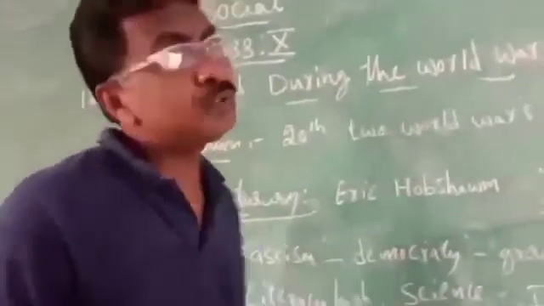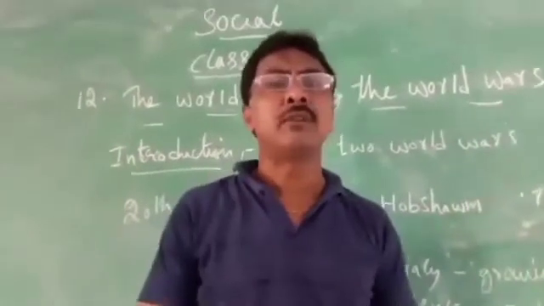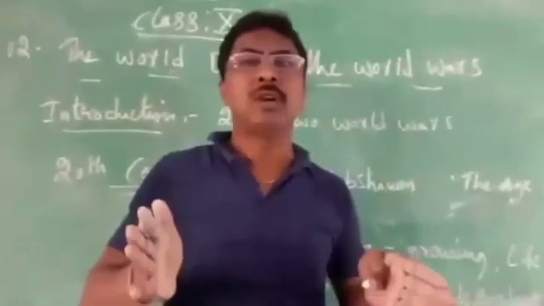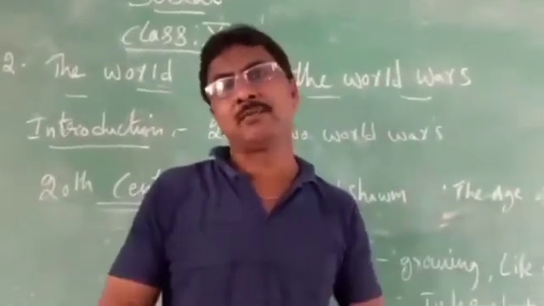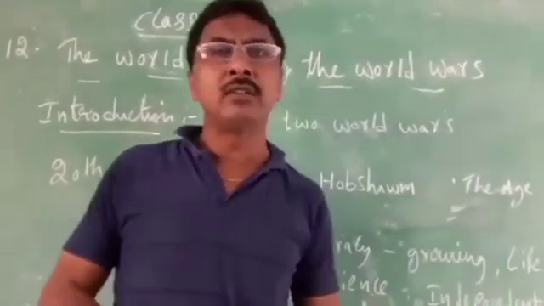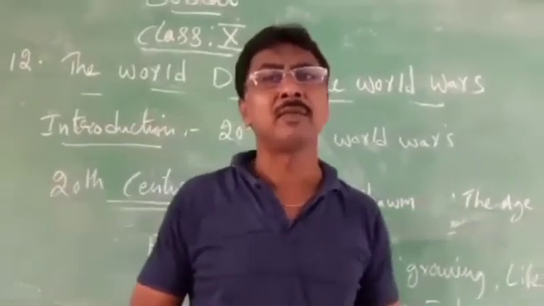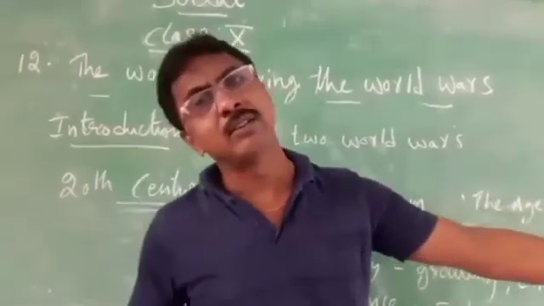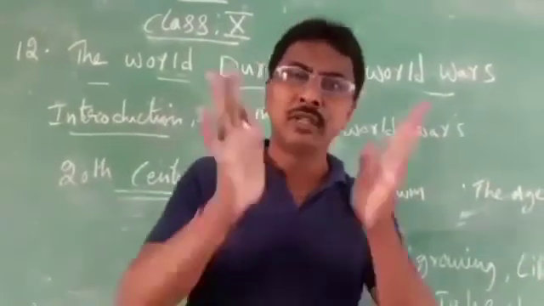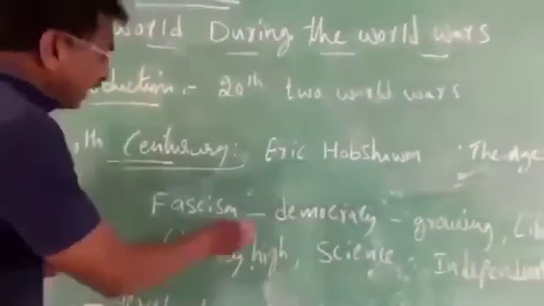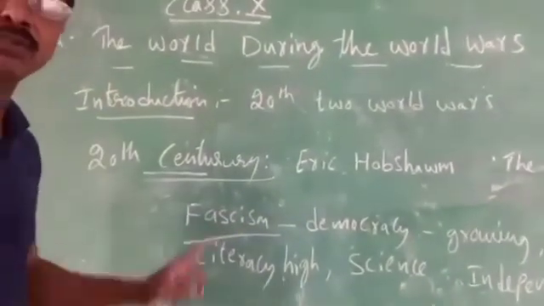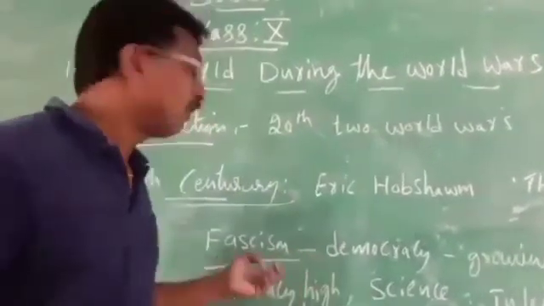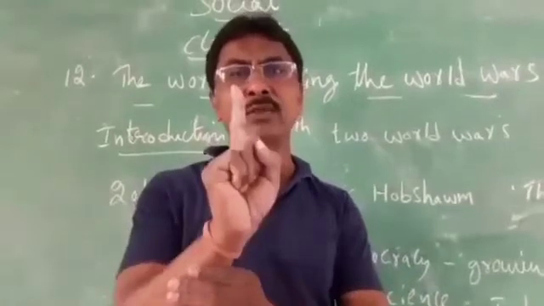He also said that fascism was growing. Why did the world war happen? The world war happened between two ideologies. Ideologies means parties. Now in Telangana, the TRS party has an ideology, and the Congress party has an ideology, and they keep fighting. Here, fascism means only a single person will rule like a king. And some people say that fascism is good, that only a single person should rule the country.